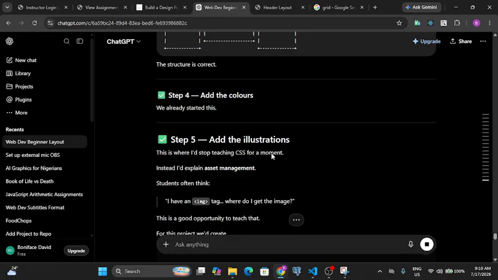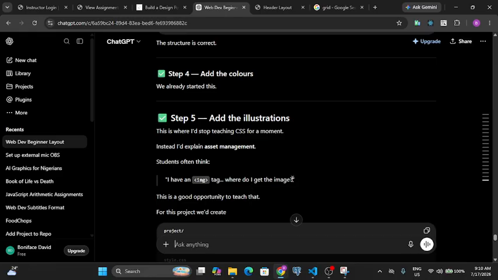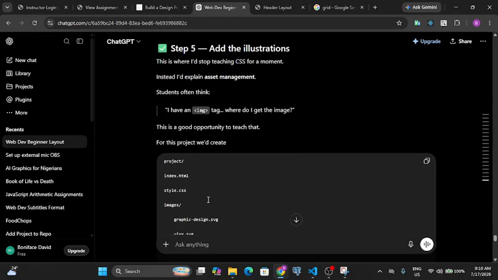This is where I'll stop teaching CSS for a moment. Instead, I'll explain asset management. Clients often think, I have an image tag, where do I get the image? This is a good opportunity to see that. For this project, we create